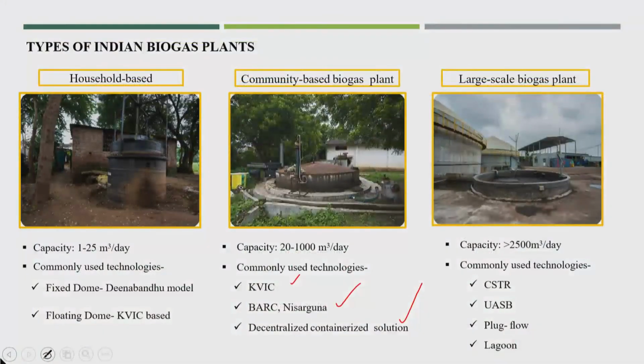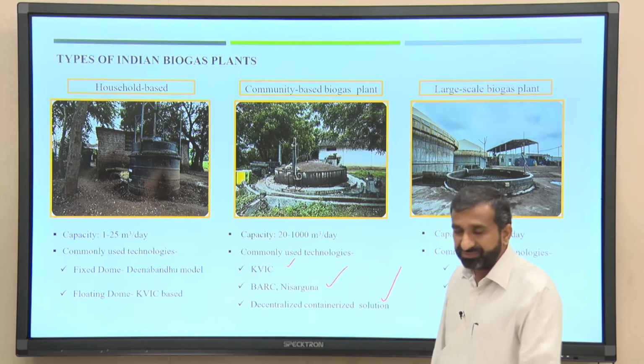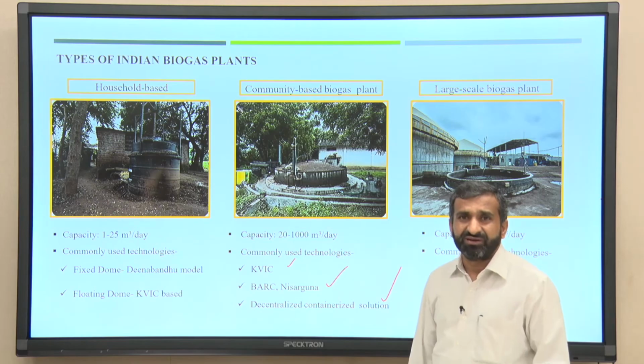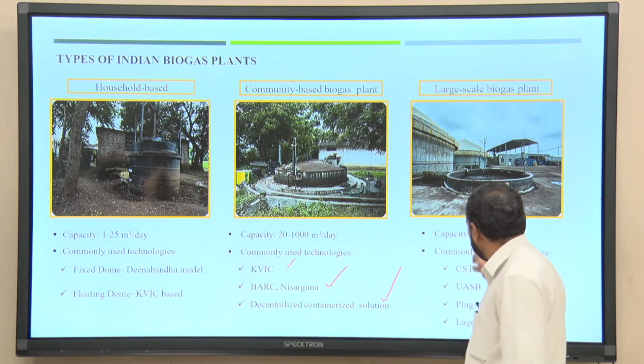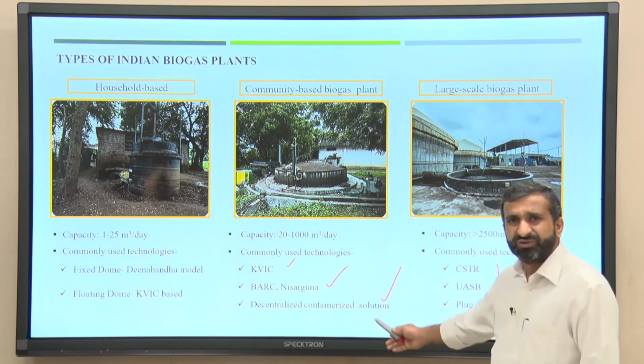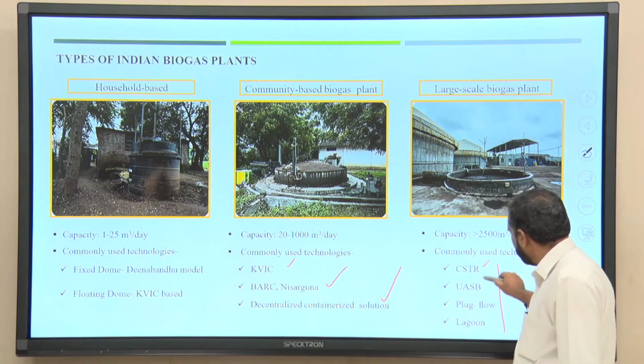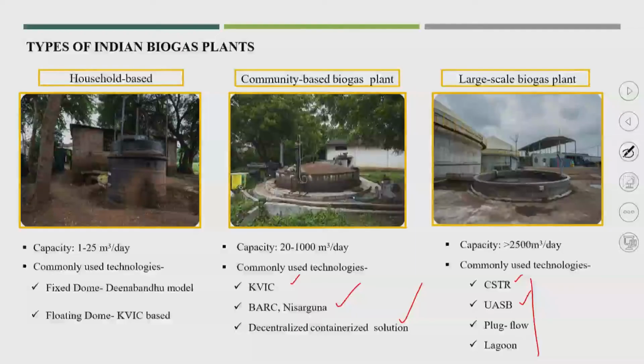This is a large scale biogas plant of capacity more than 2500 meter cube per day. These are very large units, and other technologies could be CSTR, USB. These are all technologies for sewage treatment also available. This is very popular, and if you want to read more, you can read more on CSTR, USB. So, these are the different technologies available,